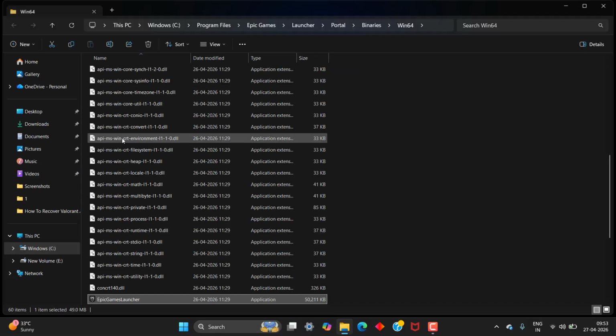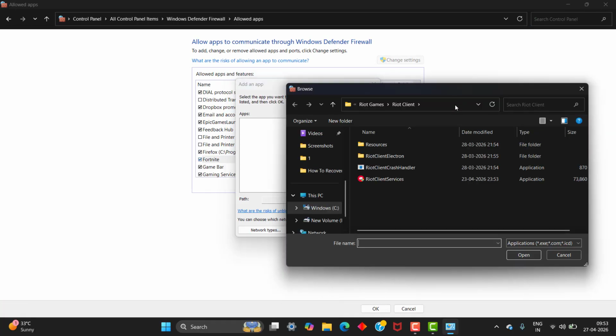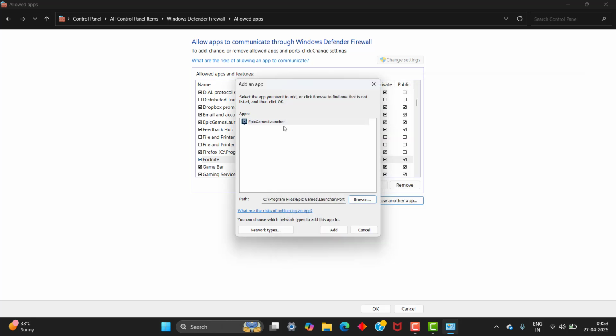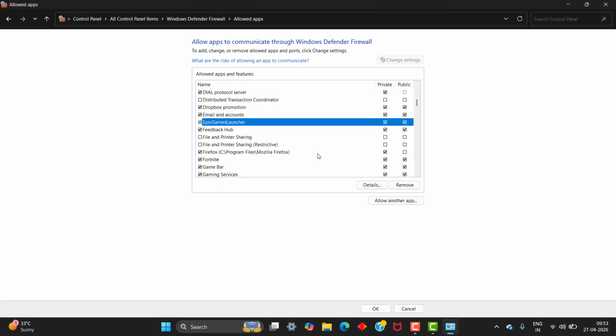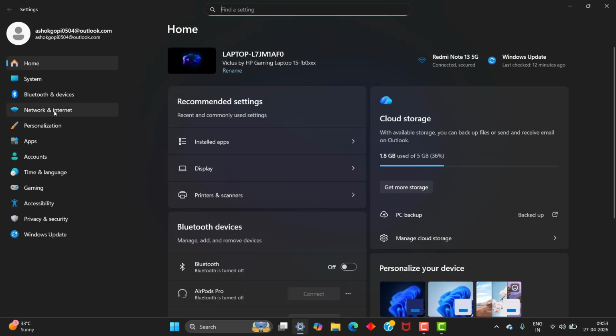For easy method, go outside and go to open file location and copy the address. And after that, browse it and paste the address here. The Epic Games Launcher icon software is easily found, and click add. This is an easy method to add the Epic Games Launcher, and after that you need